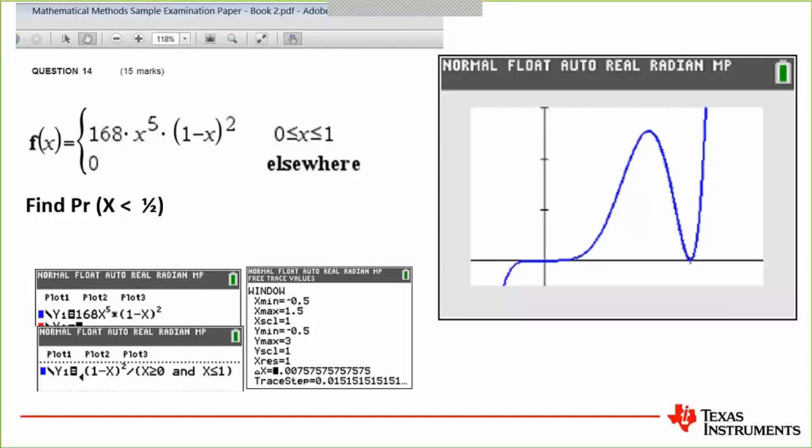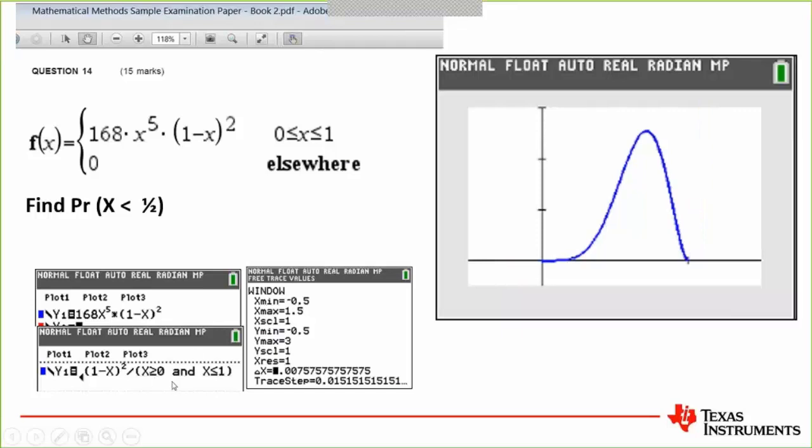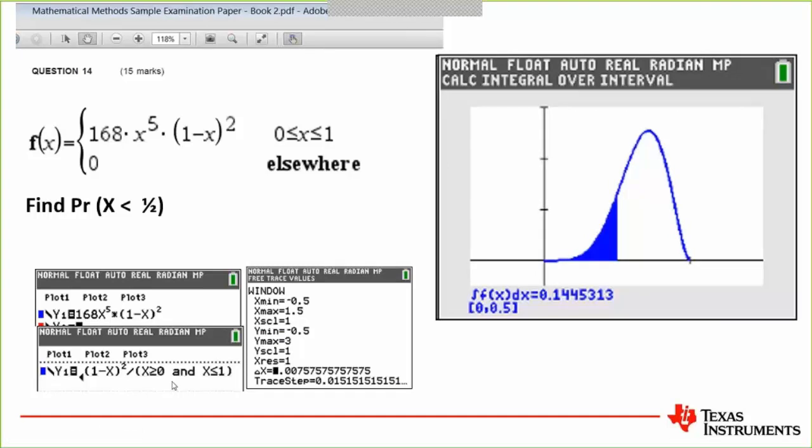And then I thought, well, even though this thing is all over the place, I'm only interested in from 0 to 1. So I clipped it. And this is the clipping, restricting the domain. And now it looks like I've probably got it under better control, and I can do that shading.